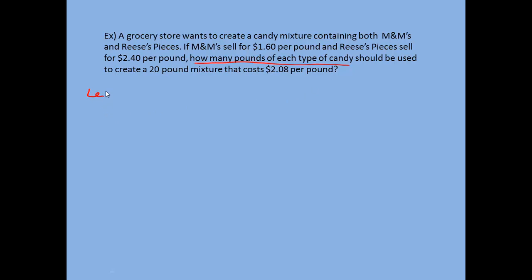And let's start by letting x equal, in this case you could pick either one, the pounds of M&Ms or the number of pounds of Reese's Pieces. It doesn't matter because they didn't give us more information about one or the other. But we do need to know how many pounds of each, so we have to have let statements for each. I'm going to let x equal the number of pounds